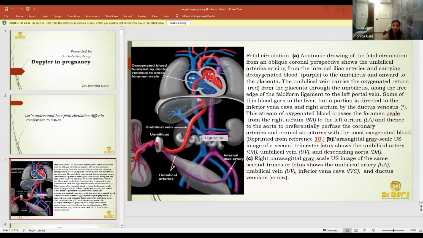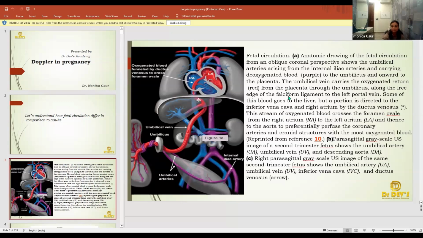Whenever we scan a normal adult or a child, in the anterior-most segment of the liver, we do see a white hyperechoic or mixed echogenic line or area. Now this area is nothing but the ligament, which was patent at the time when the baby wasn't born, in the case of fetuses.